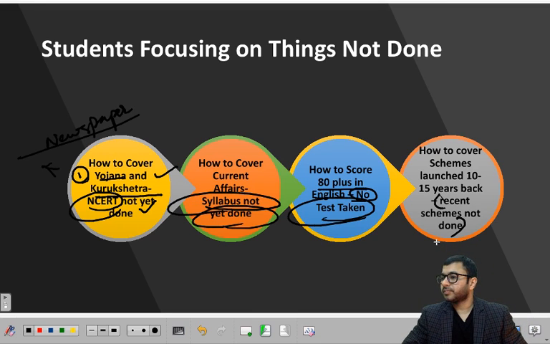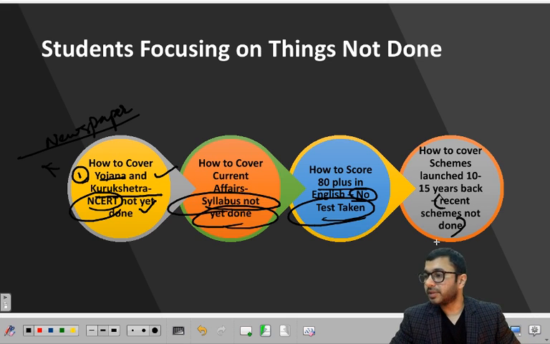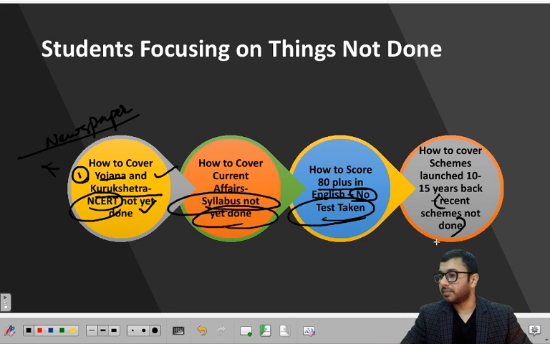RBI assistant: 4 to 5 months of CA current affairs. Yes, NCERT 11th and 12th macroeconomics and Indian economic development. Yes, it's possible to prepare for RBI and SSC simultaneously. A lot of overlaps. Not necessary, as I said, to read NCERT books. They are NCERT books, you can cover one book in 2 days. If you have no idea about economics and if you want to cover the basics, you pick it up.